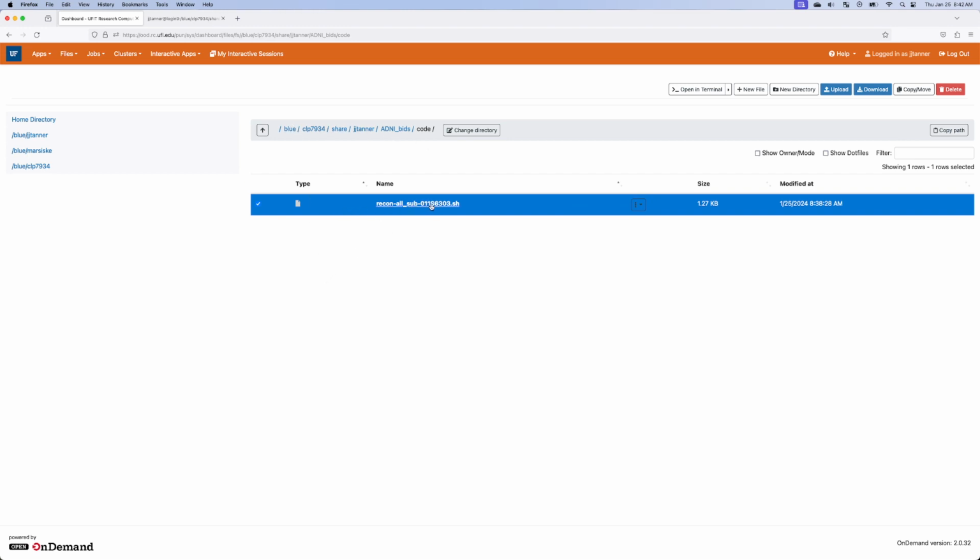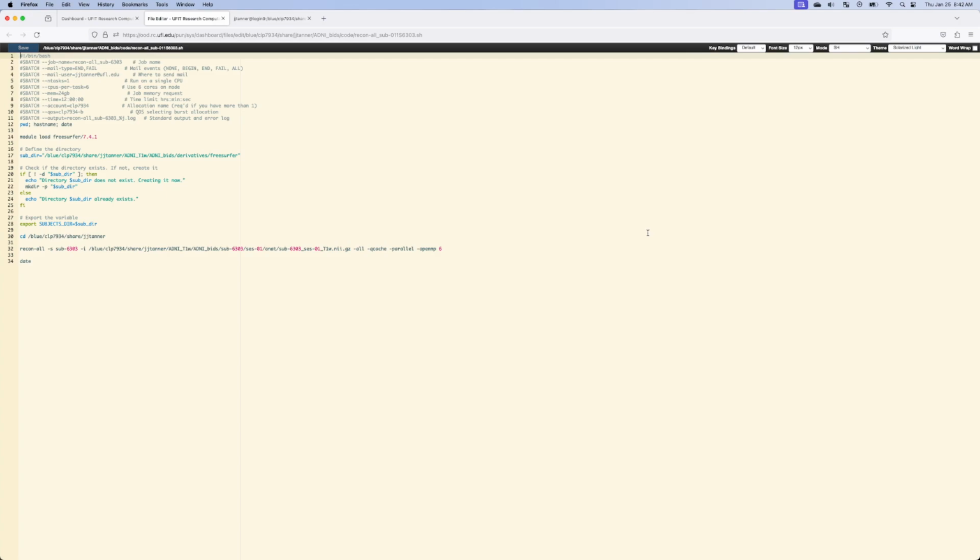So I want to edit this because we need to update some things in it. And you would need to do this as well. So you can click on the three dots, arrow, edit. So this will open up a new tab in the file editor. So now this is a file, a little script that I had created to process one of these brains with